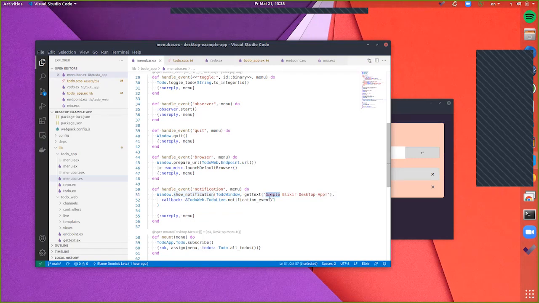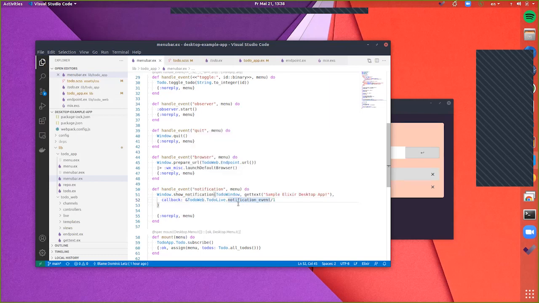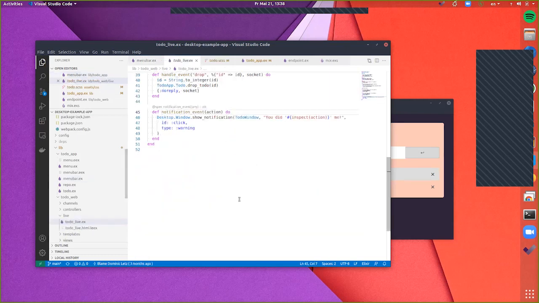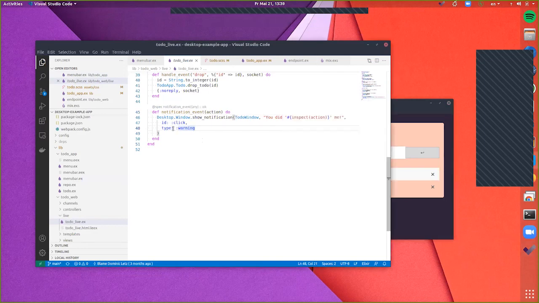And this is the notification text, sample Elixir Desktop app. And it has a callback when it's being clicked. It should call this callback. And that just confirms you just clicked my previous message. And it has a type of a warning. So that's actually what we saw. I can just do that again, click this here, show a notification. And then I click this and now it's red because here it says that should be a notification.